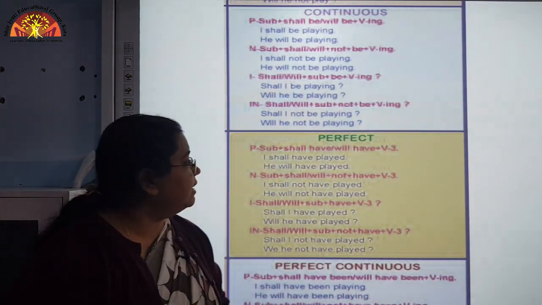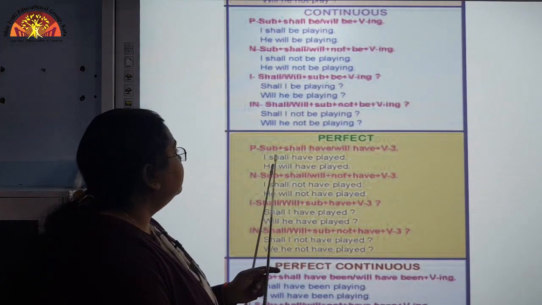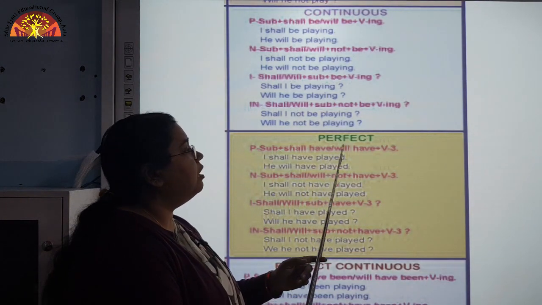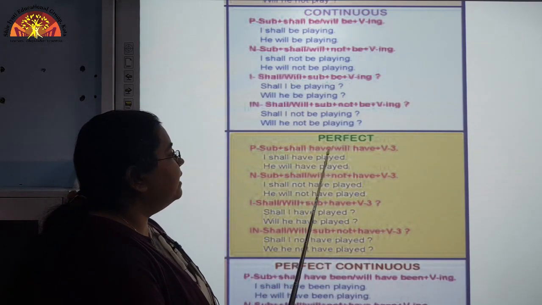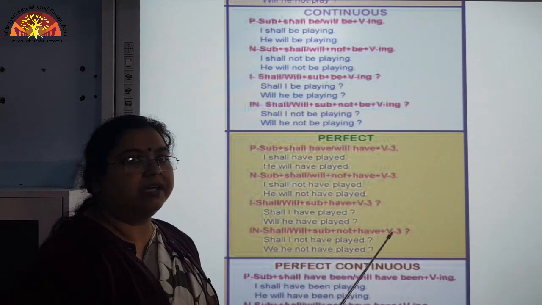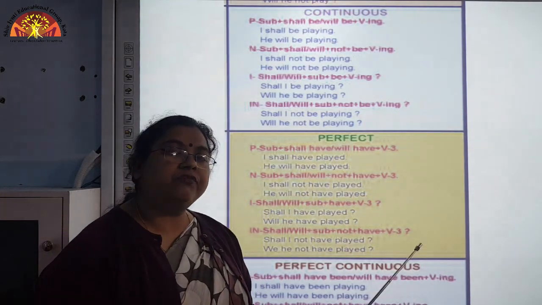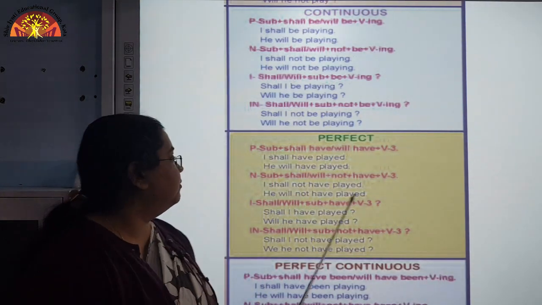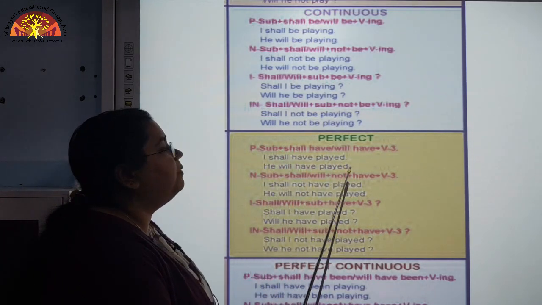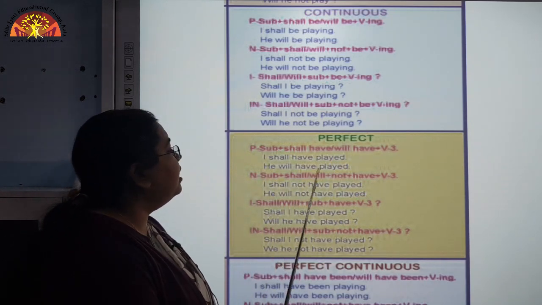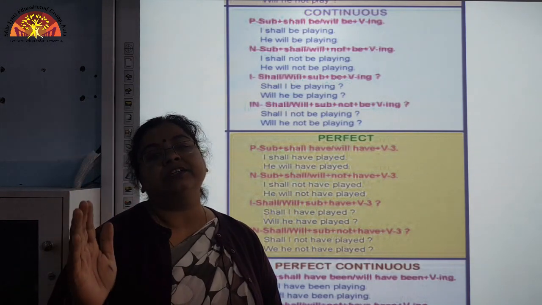Okay. Now, let us look towards the structure of the sentence here. Subject plus shall have or will have. That means we will introduce again a second auxiliary verb here, have. Okay. Plus verb's third form, because now it is perfect tense. So, we will again use the third form of the verb. So, the sentence will be like this: I shall have played, he will have played, she will have written the